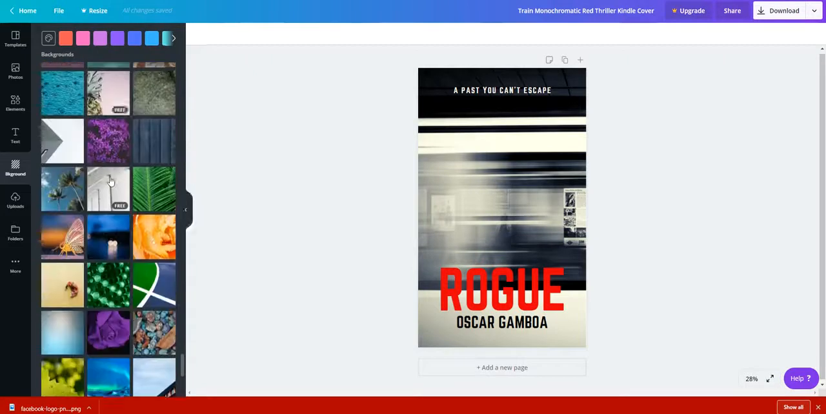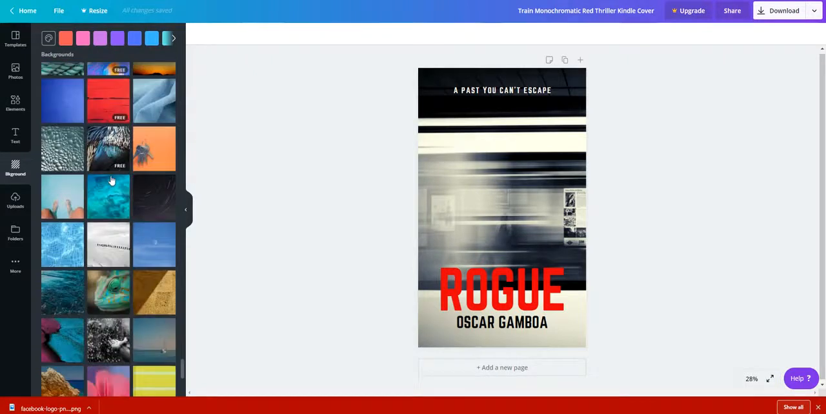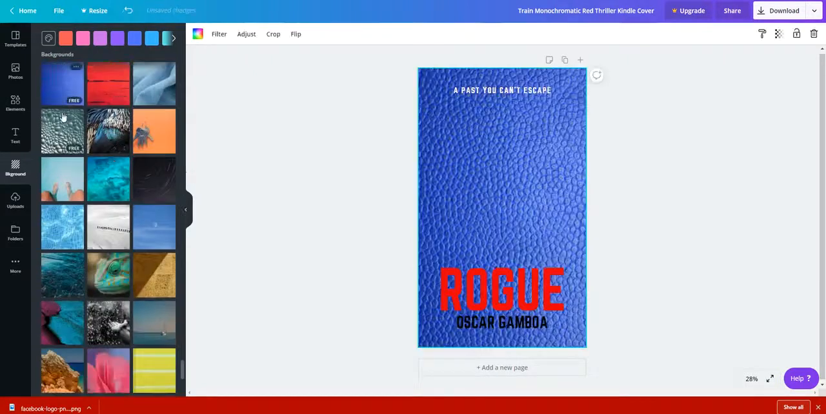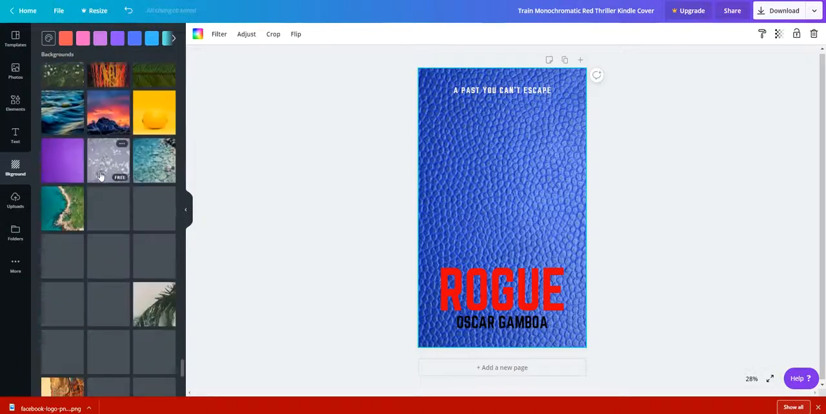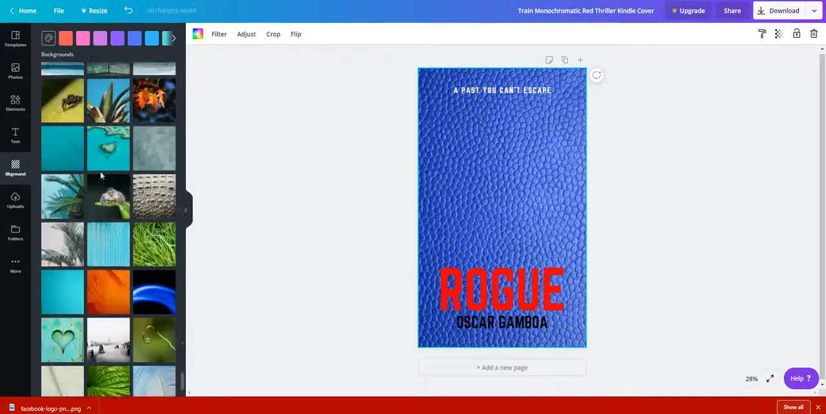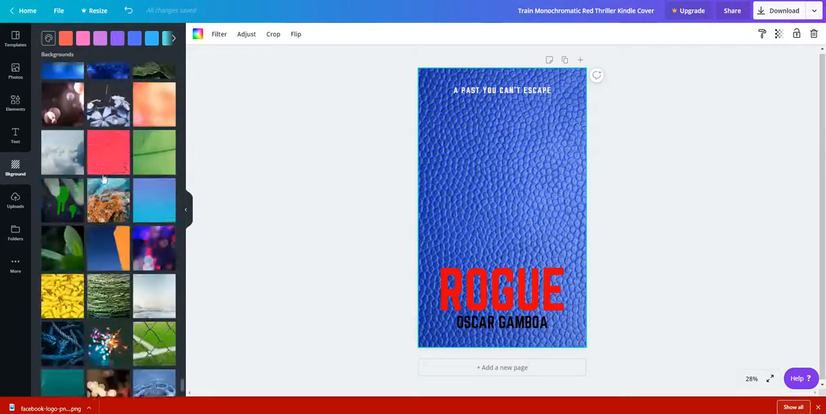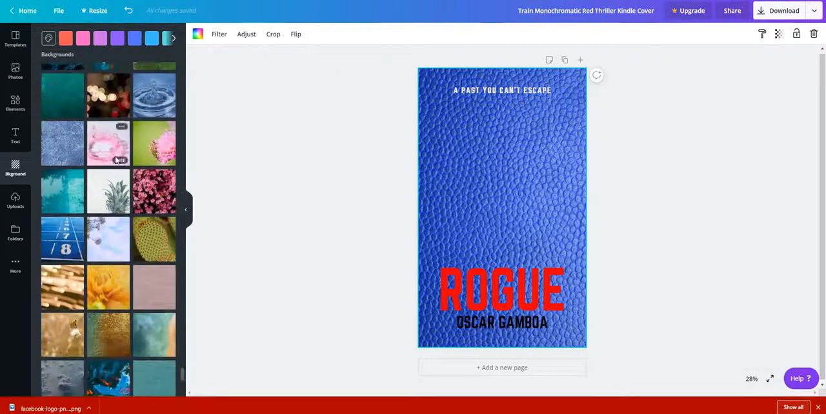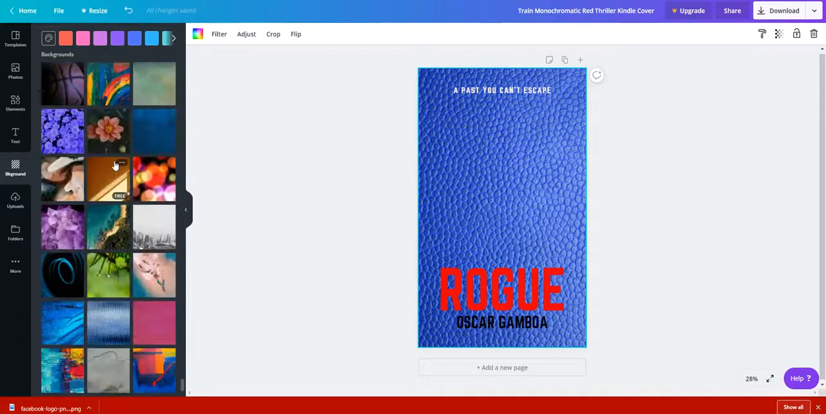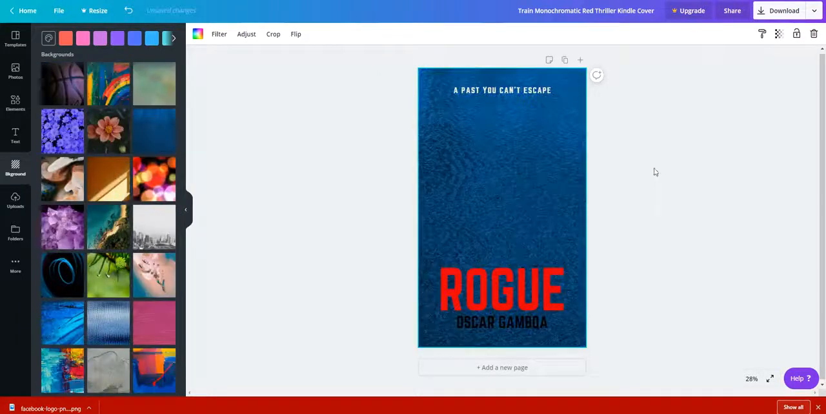Backgrounds I like to do, usually pretty basic. So I want just this blue here. That's like a blue leather. And I just keep looking here to see if there's something else that pops that I really like. I guess it really doesn't matter because that's actually better. Okay, so